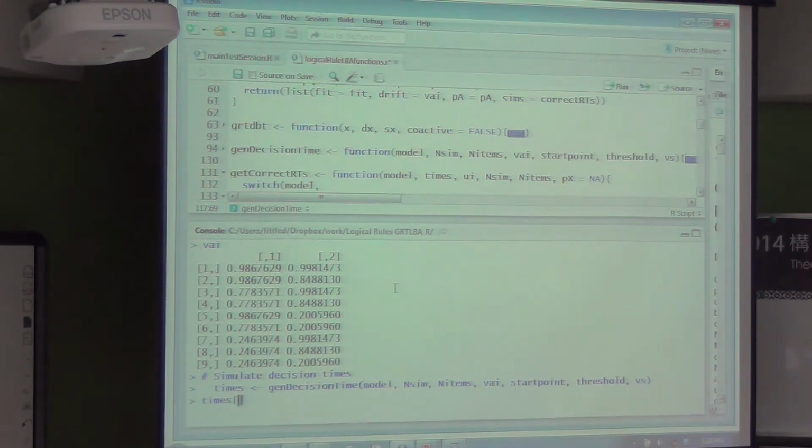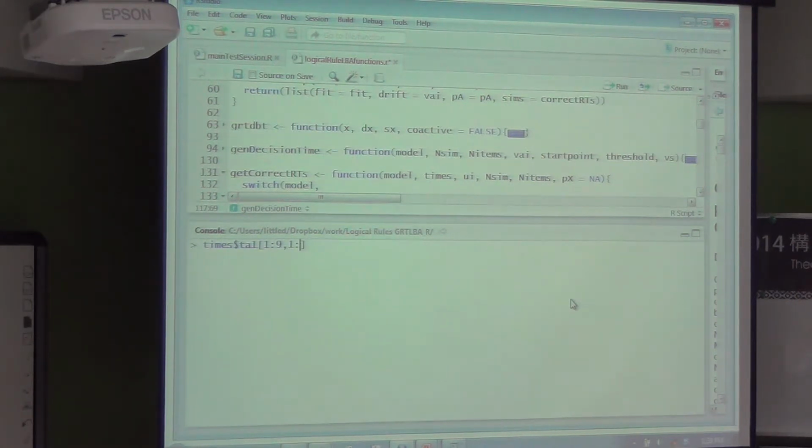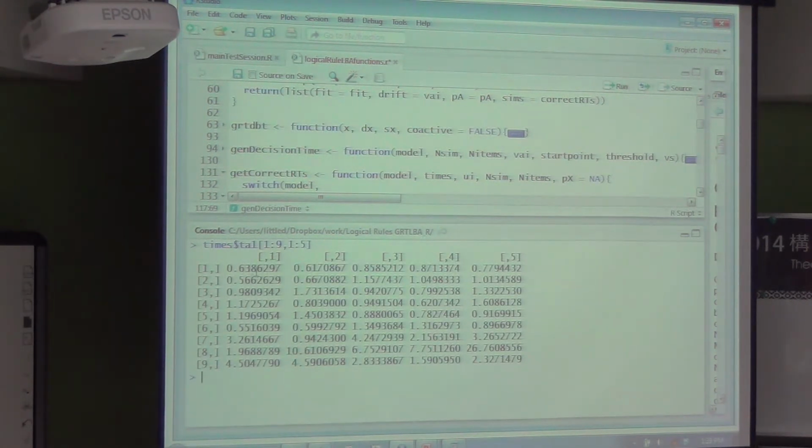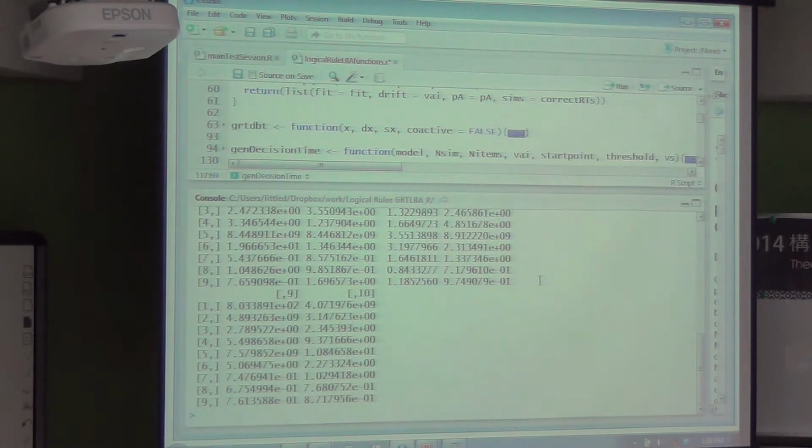I'll just pull out a small set of the samples. I'll just do 5, because I made my font a little bigger. This is now 5 sampled response times in seconds for stimulus number 1, stimulus number 2, 3, 4, 5, 6, 7, 8, and so on, for the time it takes them to reach the threshold for response A. So it's responding category A, for the first accumulator.